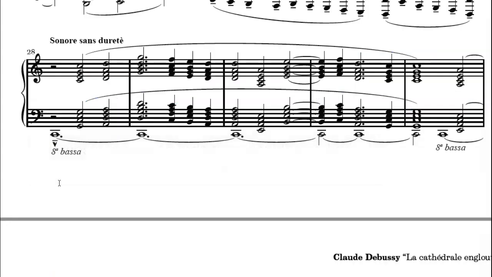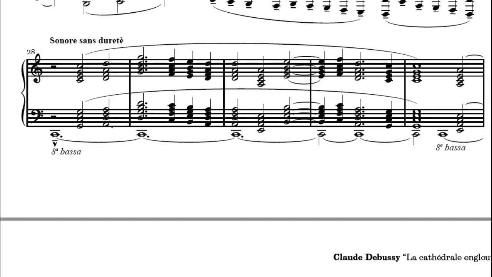I'd like to fast forward a little bit in the piece to measure 28 at the bottom of page 180. At this point, we are really starting to hear and feel the cathedral rising out of the water. And sure enough, we hear something. This passage is very evocative of an organ, like a pipe organ. So listen for that color and sound that Debussy pulls out of a piano. And it's all with his very thick tertian voicings with lots of doubling.